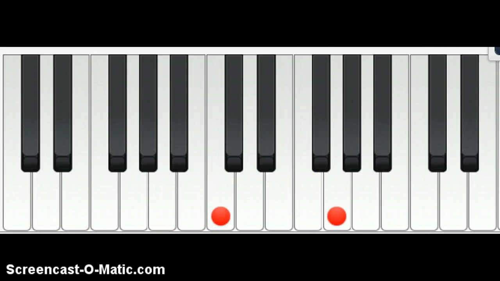The next interval we're going to talk about is a fifth, and that would be from C up to G. 1, 2, 3, 4, 5. And it would sound something like this. Okay? Again, you can find out by going do, re, mi, fa, sol, do, sol. That's a fifth. Some very popular songs that start with a fifth are